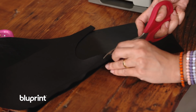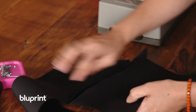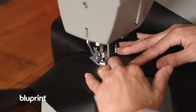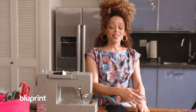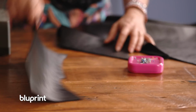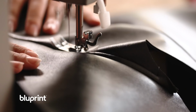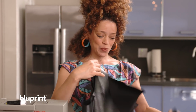Now, we have to grade one edge of the seam and fold it over on itself and top stitch it. It sounds complicated, it's not. You've got a top stitch seam. You are so fancy. Now we're just gonna do that to all the rest of the seams. Done. I've left the shoulders open because that is where we're going to insert our cape,